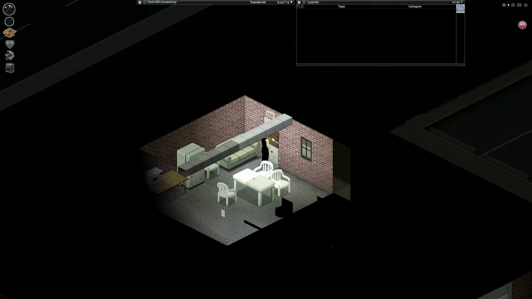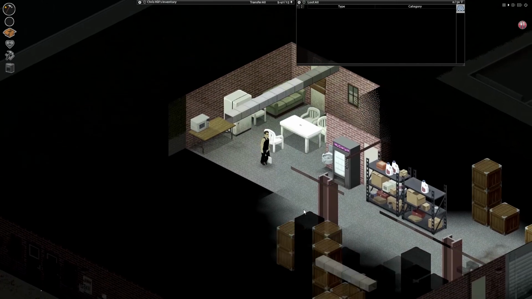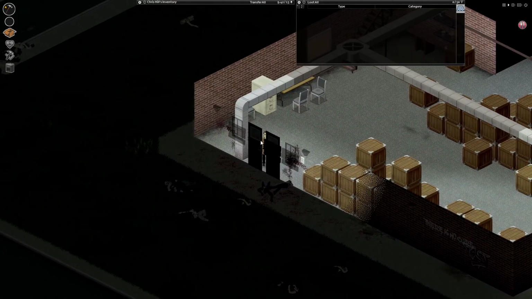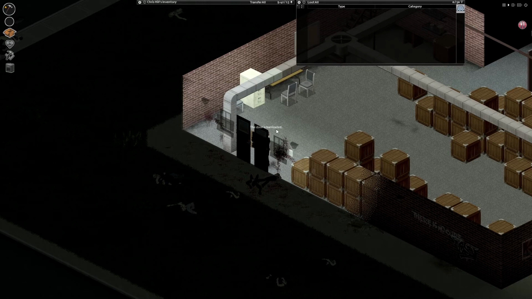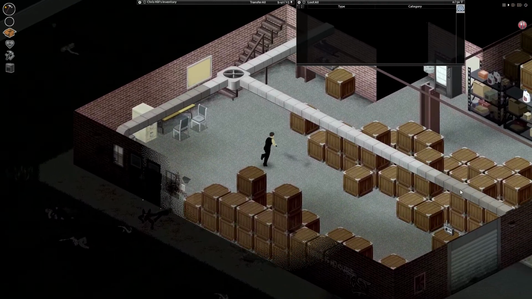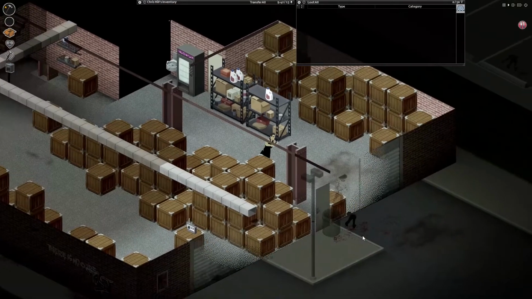Okay, so you can unbarricade stuff. I can remove or unbarricade, and that will pull these down. So that's an option. If something ever happens where I actually have to get out of here, I could do that to this door and that door. Another thing is you can't open up doors when they're barricaded, whether they're barricaded from the outside or the inside, or windows either. This door can be opened up back here,